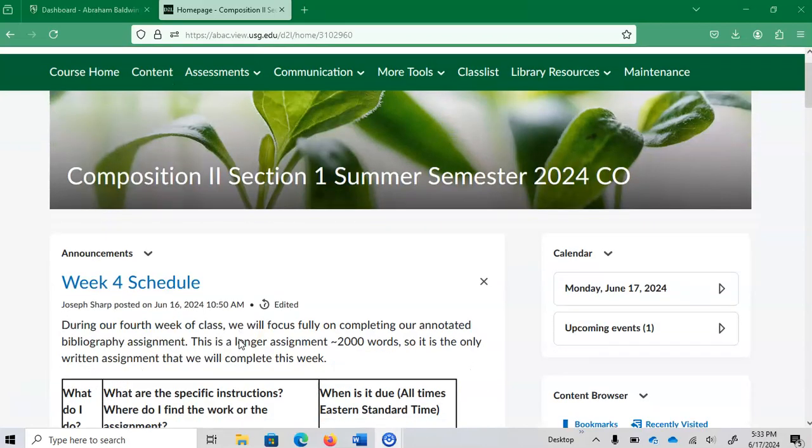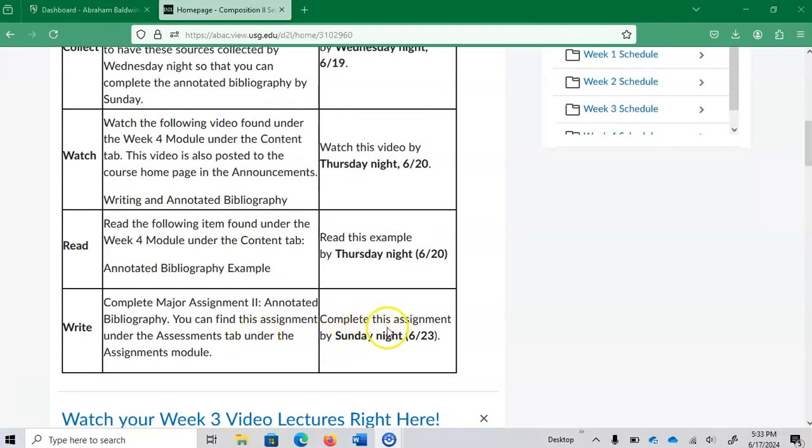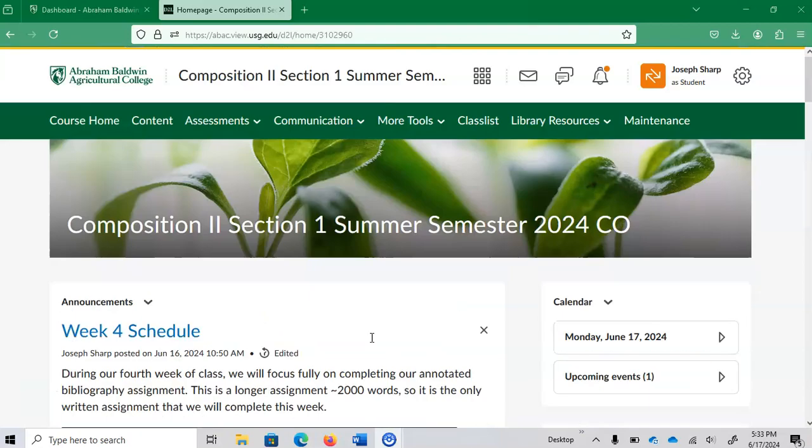Hey everyone, let's go over your assignment this week, which as you can see is we got to write an annotated bibliography by Sunday night. So you can find the